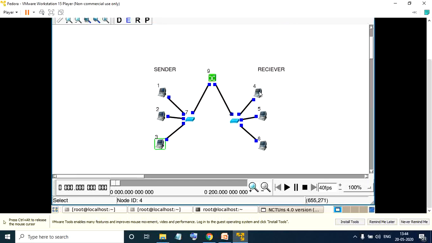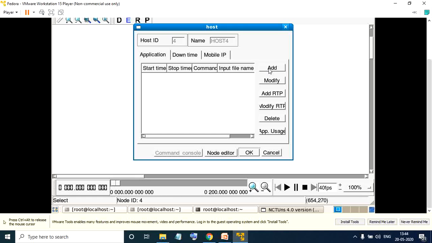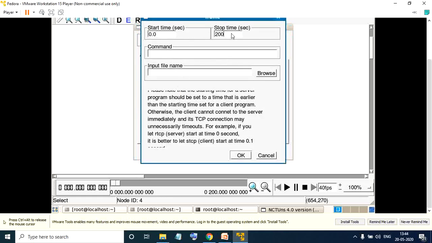Similarly, we'll set up the receiver. I'll click on the receiver and add a command, the same command which you have used in your experiment number 1. It is RTG space -U -W followed by log 1. This is my receiver command. Here R denotes receiver, TG-U denotes it is a UDP connection, -W is to write the files, and the file names are in the form of the log files. That's why we have written log 1.